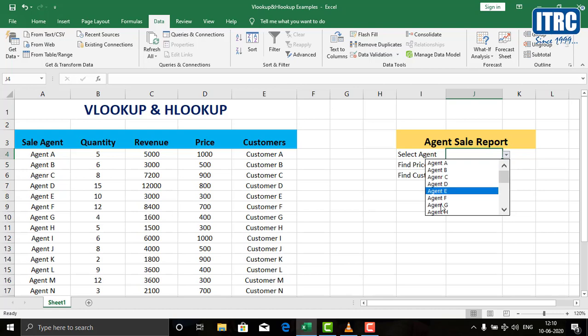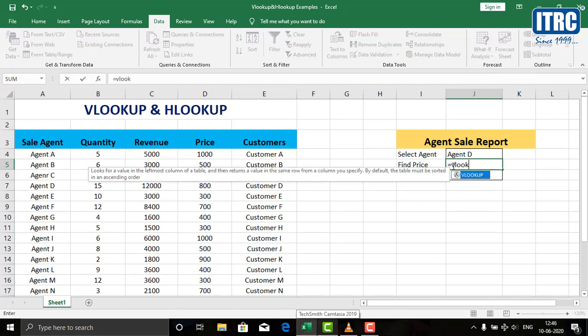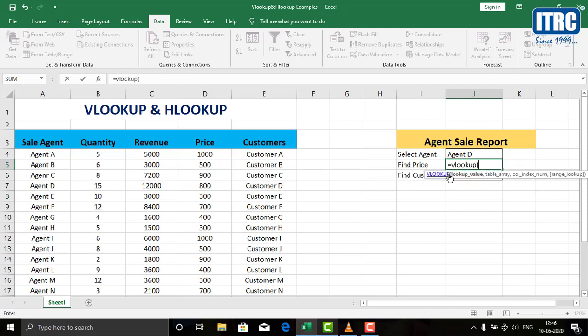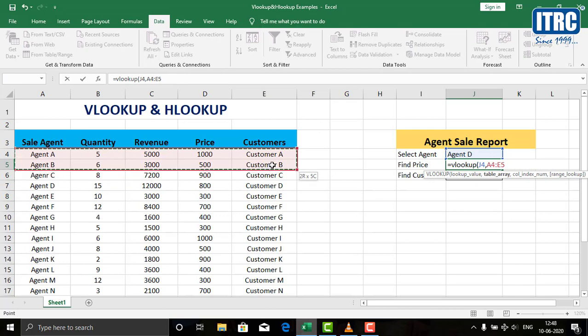And now for the agent we would like to find the price, and that's where our VLOOKUP formula comes in. The first argument in the VLOOKUP formula is the lookup value. What we are looking up, in this case we are looking up the agent which is in this cell. Next comes the table array. You have to remember that is the full table, the full range where your lookup value is in and your answers are in, and it's one range, so you are not supposed to select different ranges by holding Ctrl plus down key and going like this, but instead you select the entire range, which in this case is from here to here. Press again Ctrl plus Shift plus down key, that's my range.